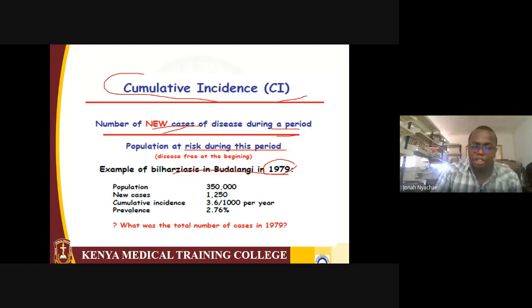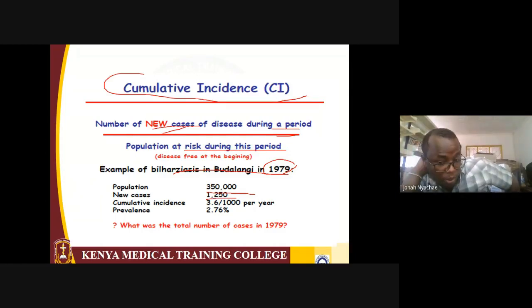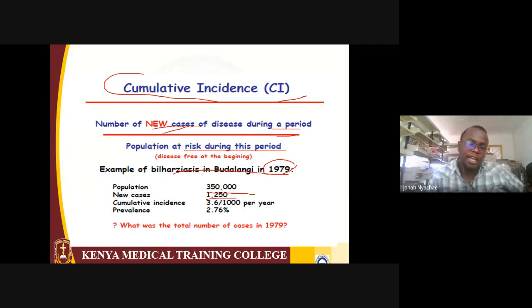So the population is 35,000. The new cases is 1250. So the cumulative incidence per year, you will take the new cases, which is 1250, over 35,000,